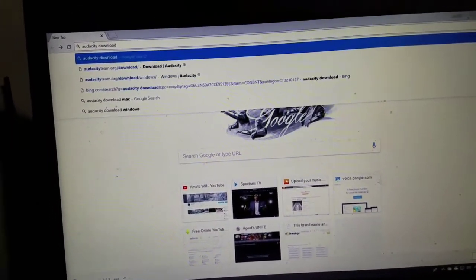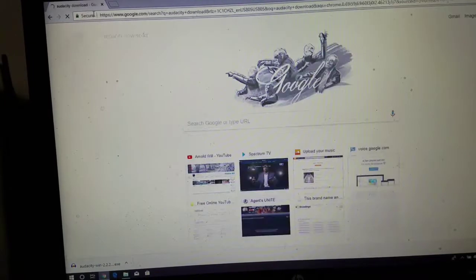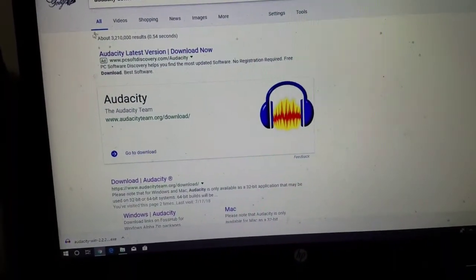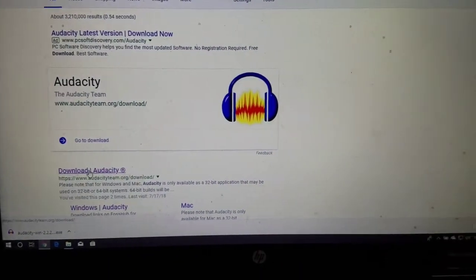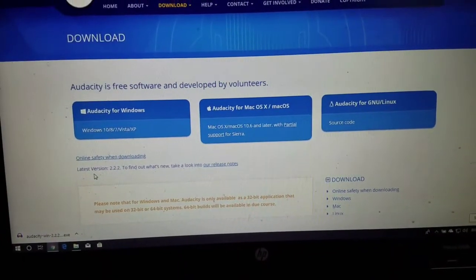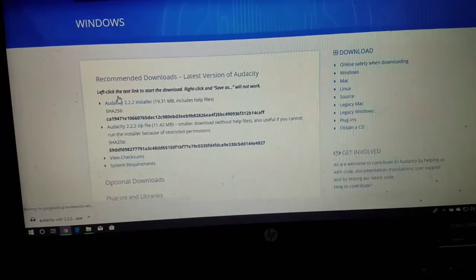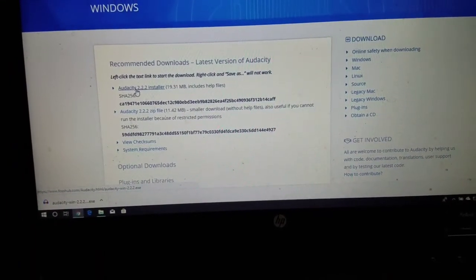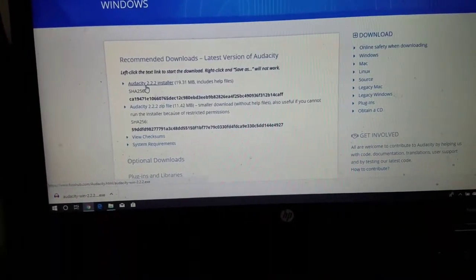First, I googled for Audacity, and then from there I went to where it says download Audacity, and then I clicked on Audacity for Windows, and I selected the Audacity 2.2.2 installer,